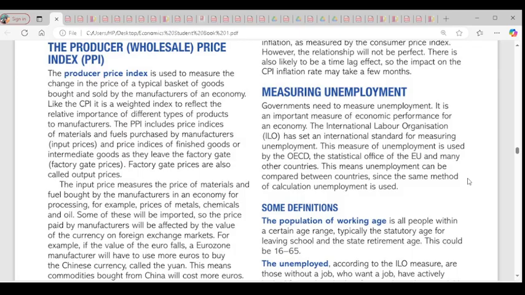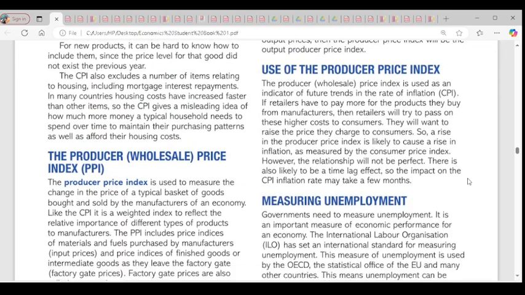So we'll go to the use of PPI. I wrote, the PPI is an indicator of future trends in the rate of inflation. Because we use the CPI, the consumer price index, to know the value of goods now compared to the previous year. The same goes for the PPI. It's an indicator that inflation is increasing in the economy or not increasing. You get the point here? Yes. There's inflation, and because it's inflation,